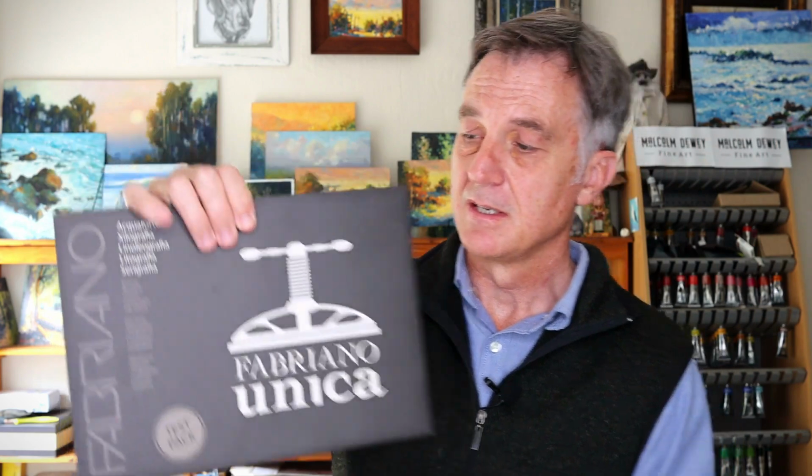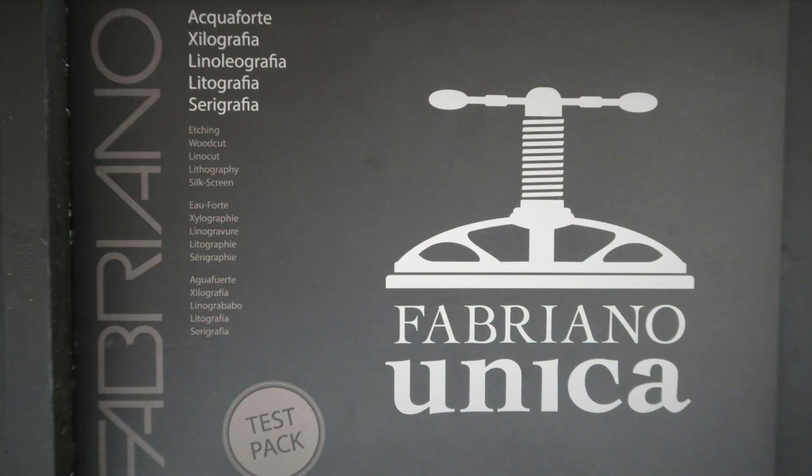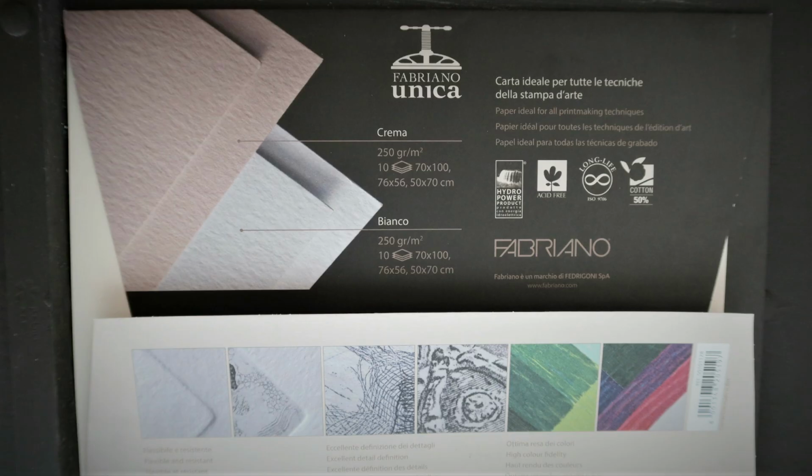Now there's another paper as well, which is also fantastic for all printmaking applications. It's called Unica, and this is a 250 gram paper, and it's available in a sort of cream color and also white, and clearly an excellent quality paper, which you can immediately tell if you get yourself some of these